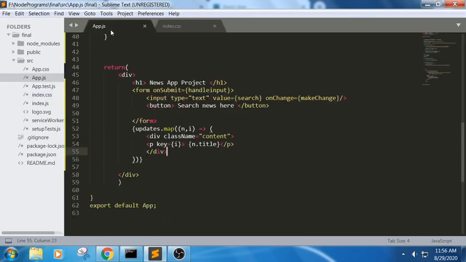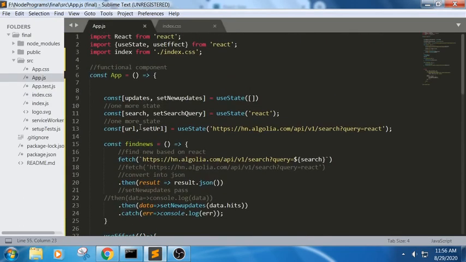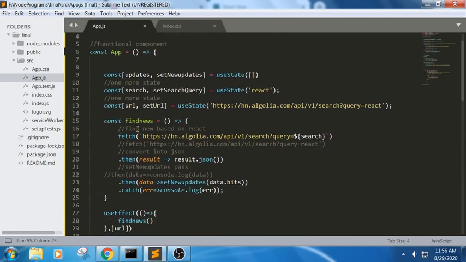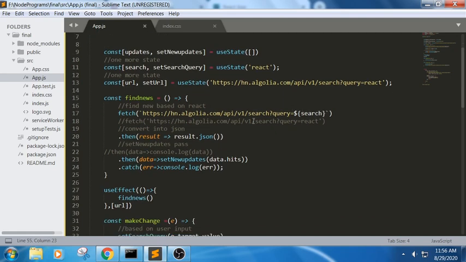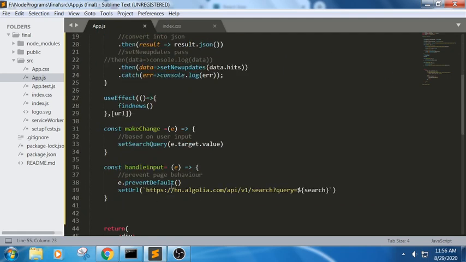If we recap this project, we have defined a functional component, and we have defined three states, each for updating the value based upon the static keyword and the input field, and we pass the query itself. Based upon the user input field value, it uses useEffect. useEffect loads as soon as the web page updates, and it reads from this API.